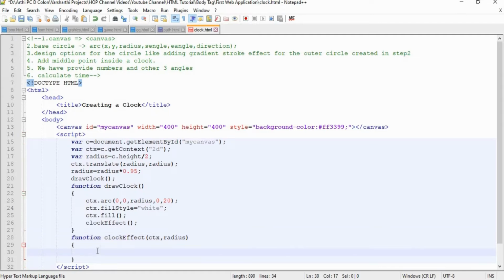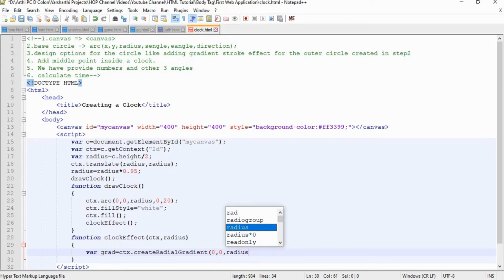Now I want to create a gradient effect for the circle, right? As in the previous example, we create a variable equal to ctx.createRadialGradient. Let the x and y axis be 0, 0.